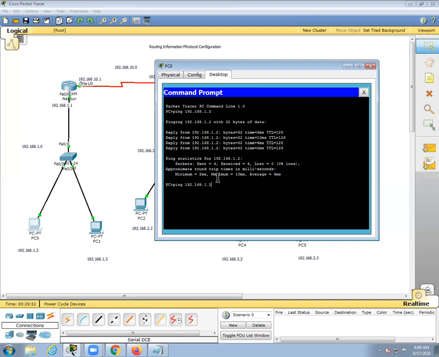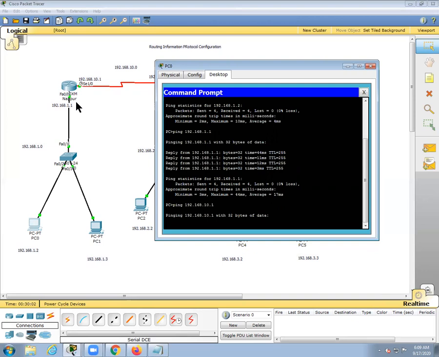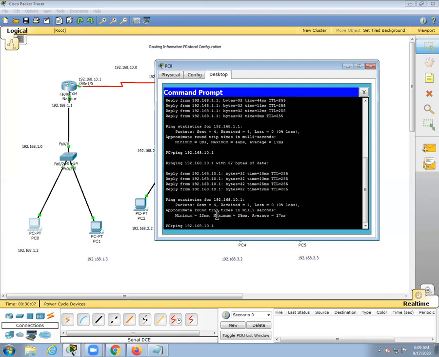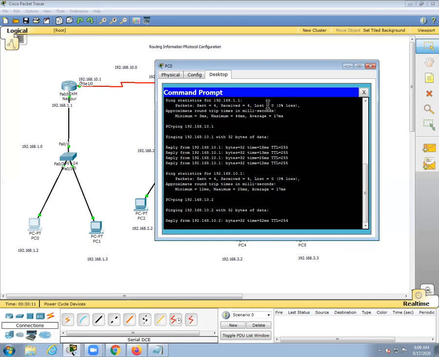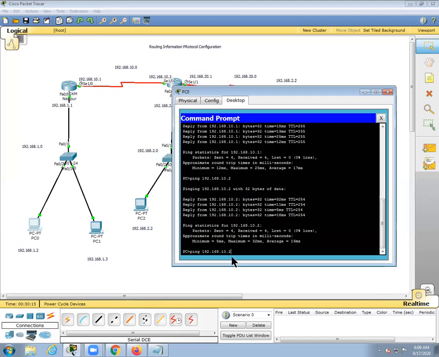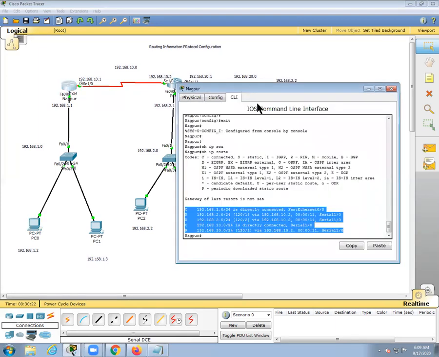And go to 1.1, that is the router end. So here also we are reaching. Now if you go to that particular outer router, 10.1 is also pinging. If you go from the Nagpur to the Pune router, that is 10.2, so 10.2 is also replying. Okay, so it means if we go to the outer also, that is 20.1, it is replying.